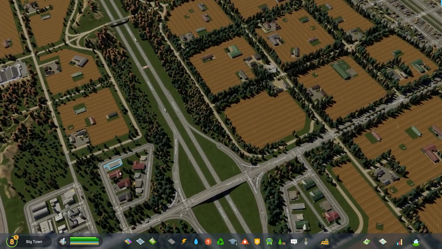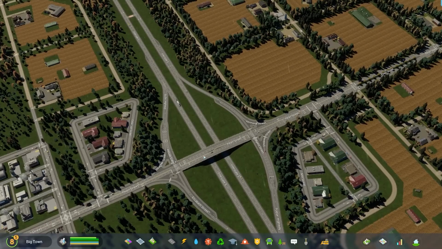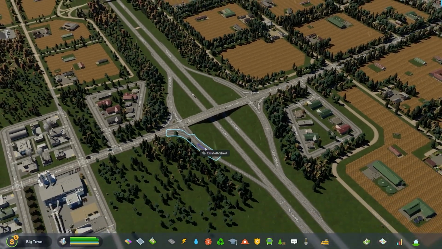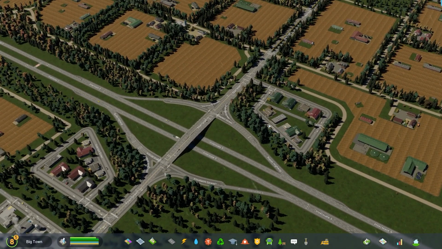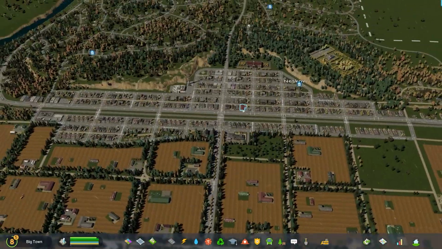Very quickly, I also added just some commercial here, like you might see in real life. I should probably fine tune these and get some gas stations in here, but this is a way for interstate traffic to shop for convenience items, gas, things like that, without driving all the way into town. Now, looking at town,